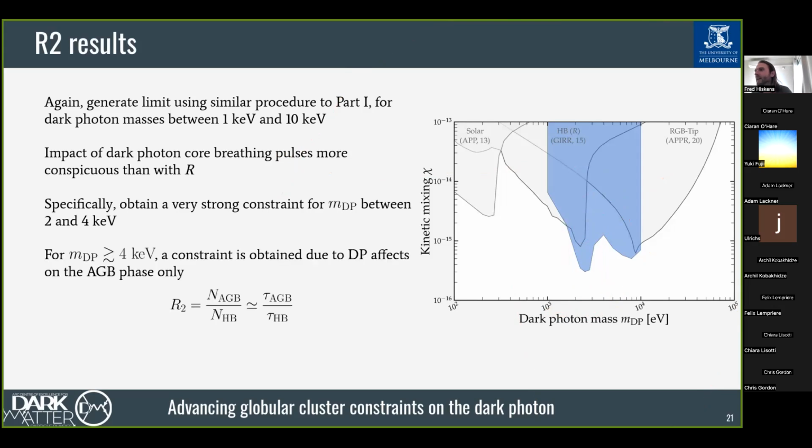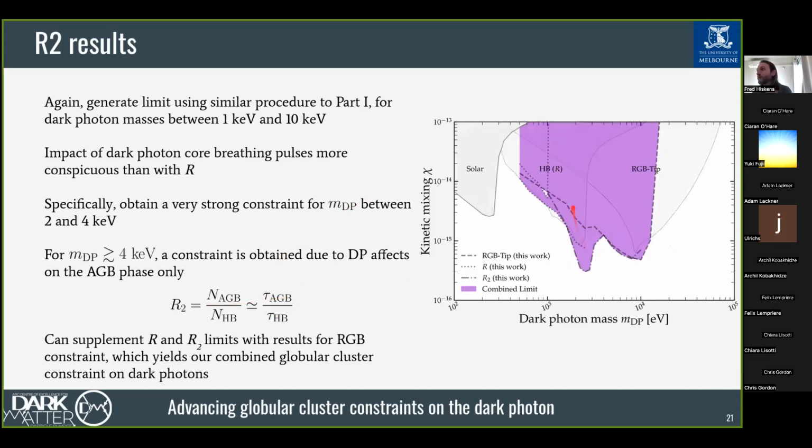So it's good to know that we can use the R2 parameter to constrain this kind of interesting non-standard effect. For masses larger than about 4 keV, a strong constraint is still obtained. This is because no resonant production region will exist in the horizontal branch phase, so its lifetime will be unaffected, but there will still be one in the HEB phase. This leads to a reduction in its lifetime by the classic energy loss argument, which gives you a constraint too. Then we can take those constraints and supplement them with the additional one we had from the red giant branch,